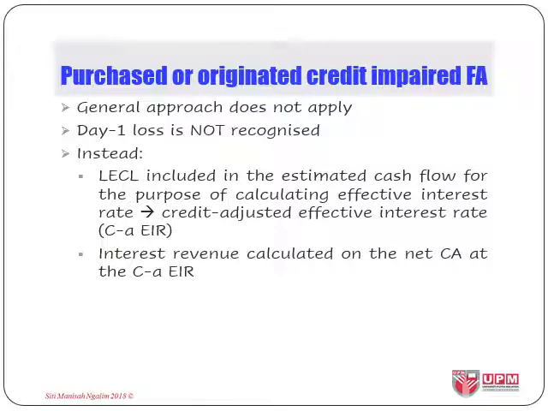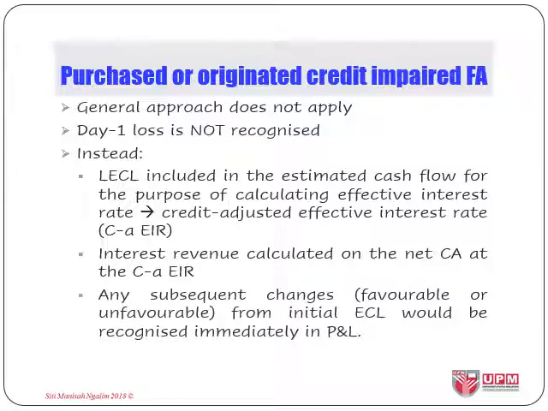Interest revenue from the financial assets will be calculated using this credit-adjusted EIR based on its net carrying amount, that is, after deducting the initial payment made for the financial asset, and this will be used to calculate the fair value of the asset at initial recognition. Subsequently, we shall recognize a lifetime expected credit loss, not the total lifetime ECL though, but the changes in lifetime expected credit losses since initial recognition of the asset. If the change is favorable, we will recognize impairment gain, otherwise it will be impairment loss.